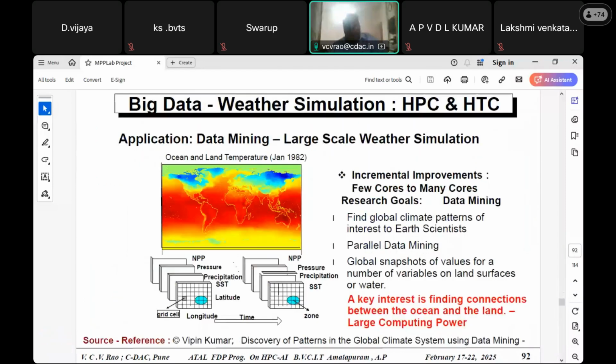In the entire weather simulation, what is important is you want to find some patterns of the data where the cyclone is very effective. That means high pressure, high tidal waves, you need to measure. That means there are so many cells; the entire region is divided into many cells, by longitude, latitude, and then height also. If you take 10^4 cells in the X direction, 10^4 cells in the Y direction,